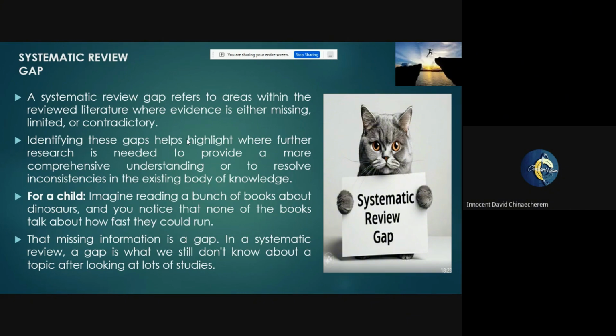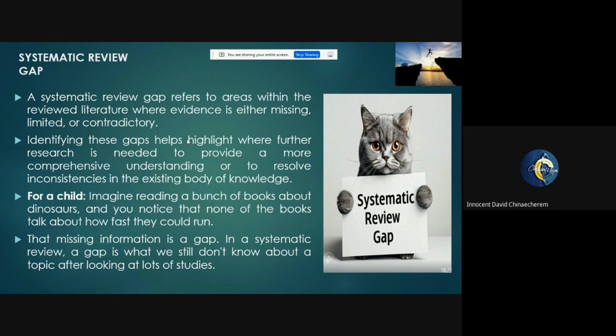Remember, here we're not just saying something that has not been done. Maybe something has been done, but there is still conflict. And that means there is a gap. Let's say, for example, we have about 10 studies reporting the management measures for diabetes among adults in sub-Saharan Africa. And the 10 studies are reporting several measures, right? This one is reporting metformin, the other one glyburide, the other one tetracycline, the other one maybe some other forms of sodium inhibitors. And these are just several.